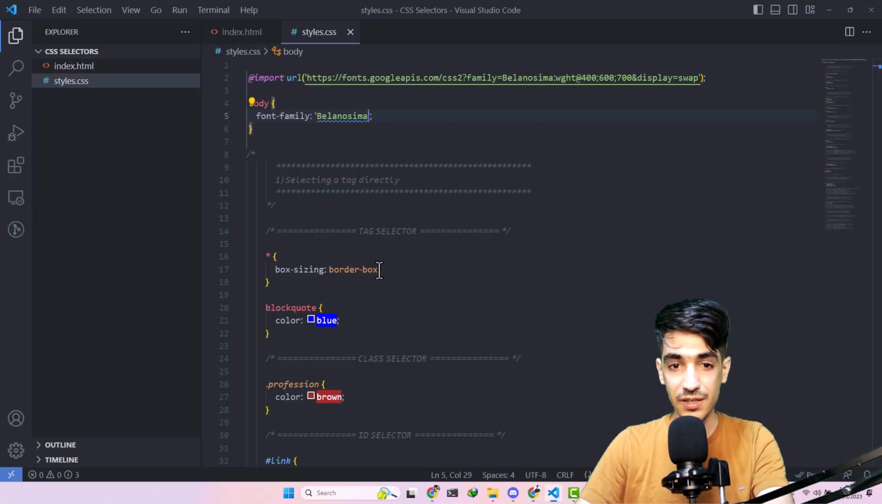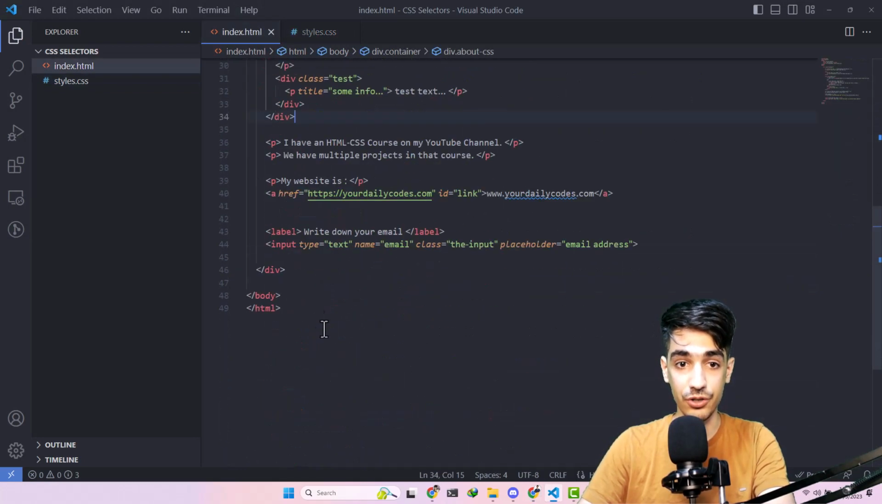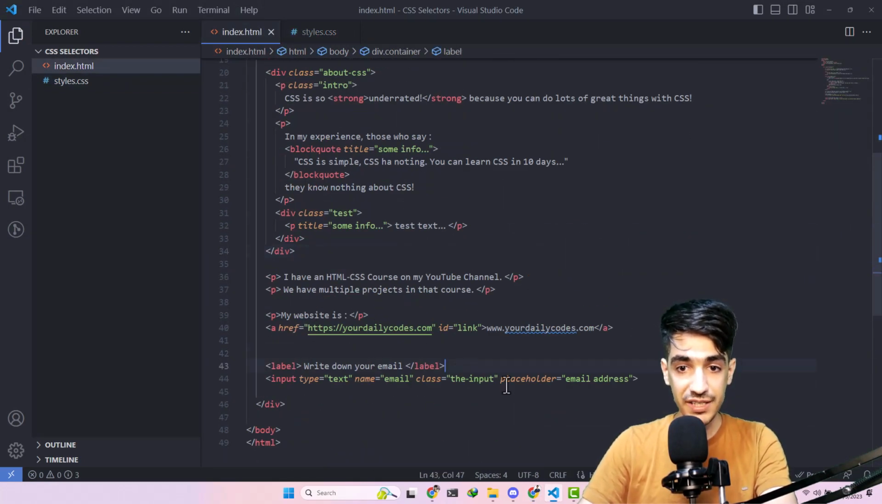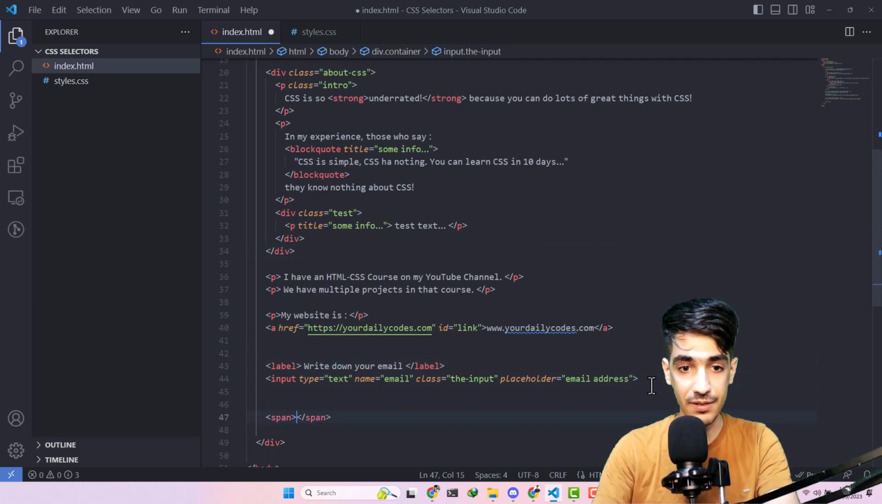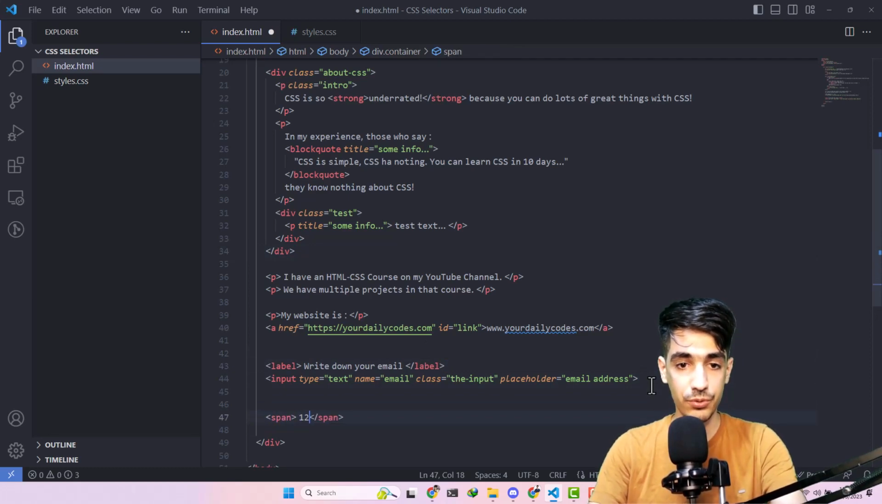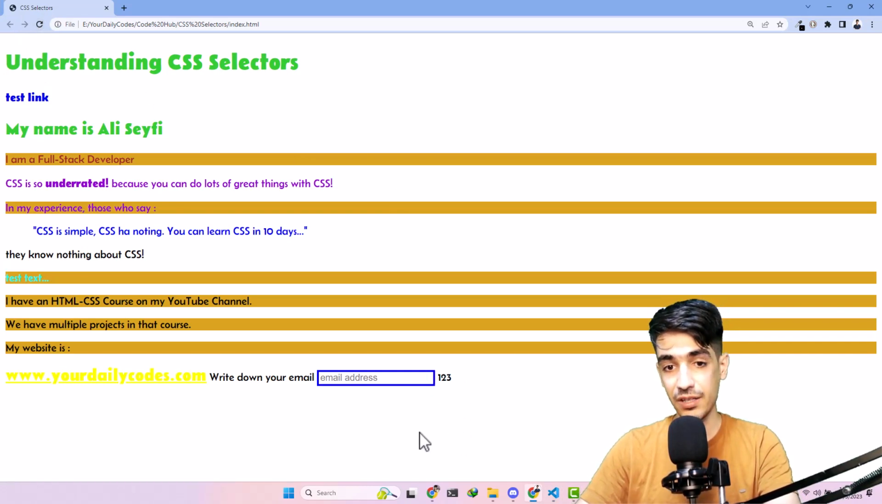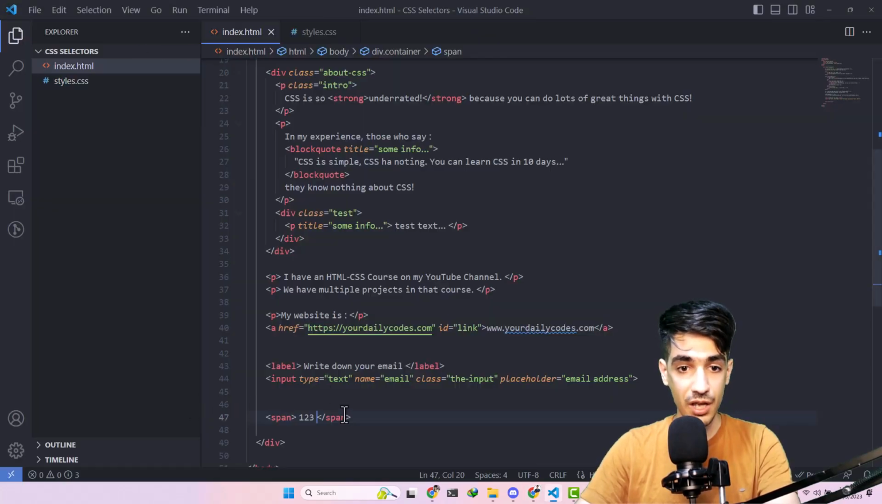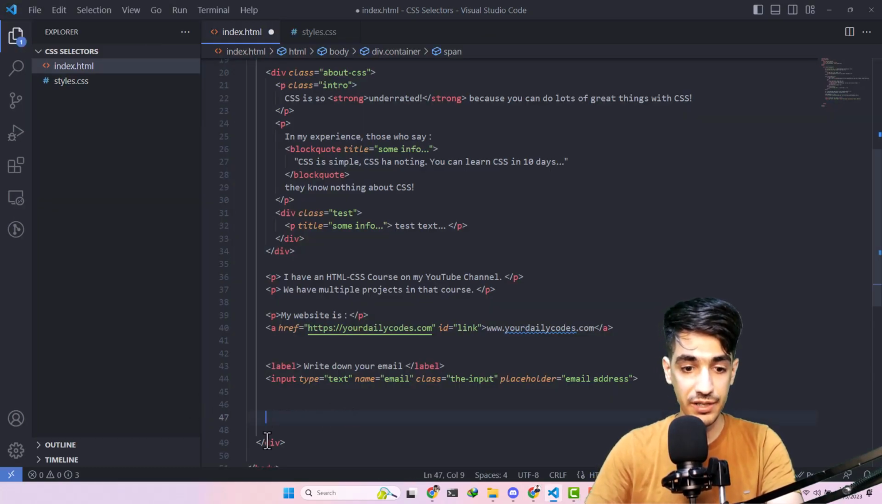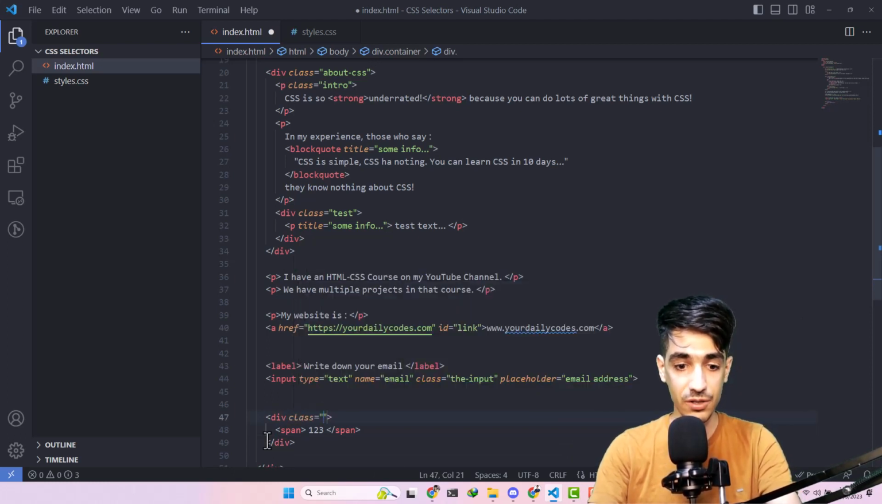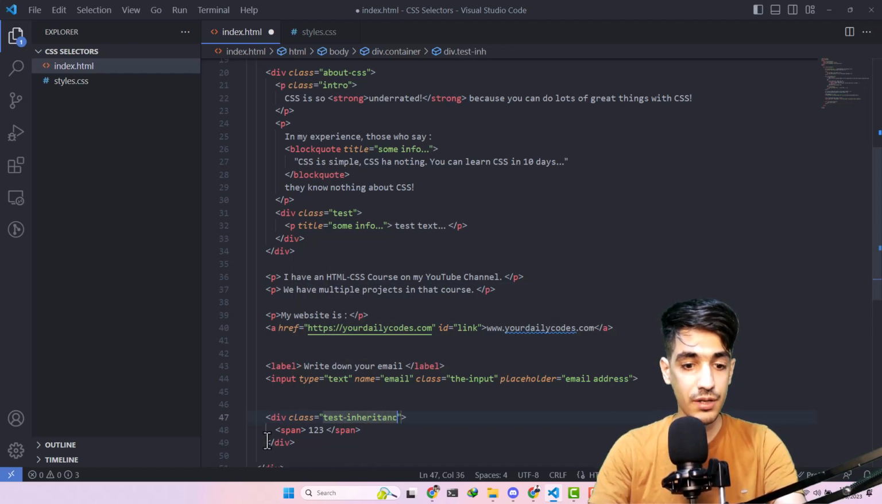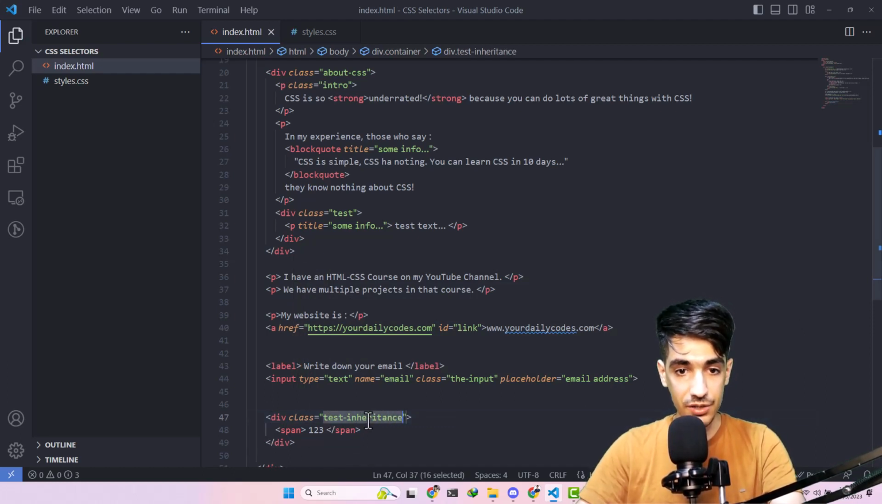What is CSS inheritance? Let's take a glance to understand even more. For example, here, if I have a span tag and call it, for example, 1, 2, 3, and if you come here and hit refresh, you can see that the color of the span tag is black. It's automatically inherited. And of course, if we select this div, put that inside a div, give it a class of, for example, test inheritance, and in test inheritance, let's apply